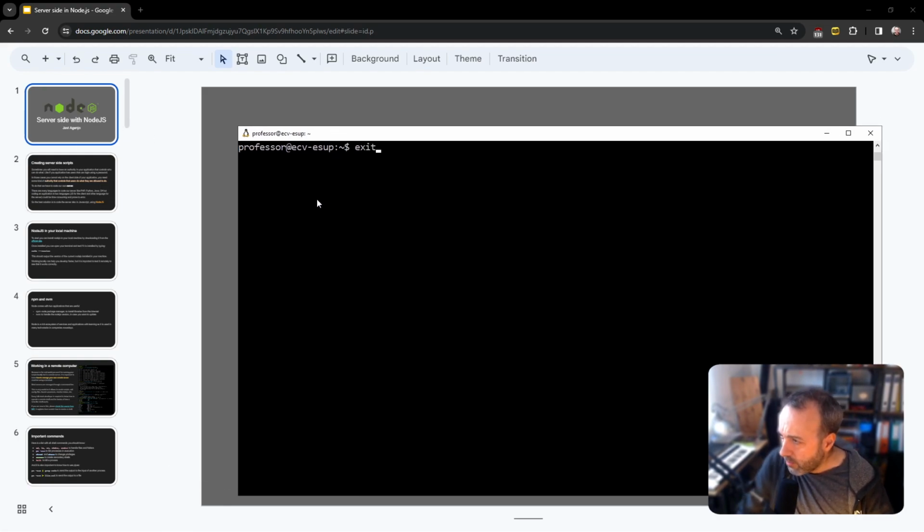Also, if you have to type a lot of commands all the time, there are tricks to do that. For instance, if I want to connect to this machine several times, I can make an alias of this. I can show it to you. There are many tricks in Linux. It's good to know them, but